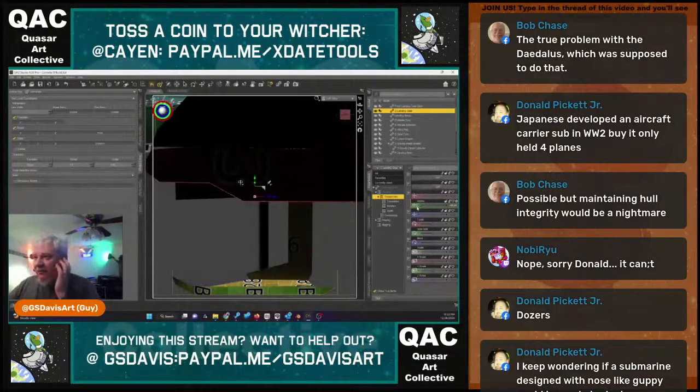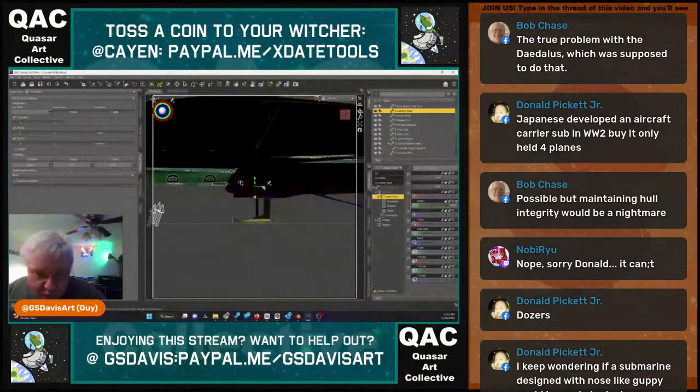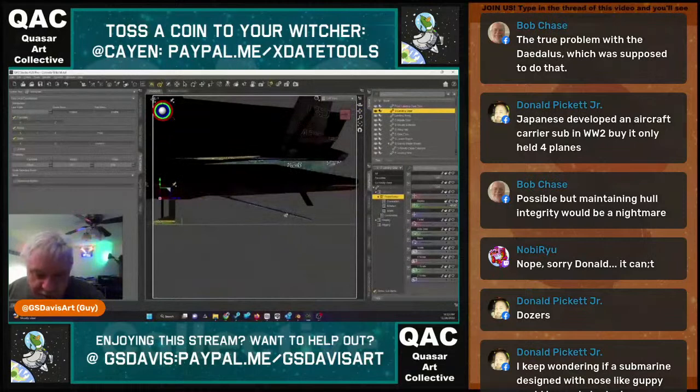Junk. Yeah. Exactly. The Daedalus was supposed to do that, but it had those doors that closed. Well, and the Daedalus was huge. I mean, that's the other thing, is that much mass underwater requires an awful lot of that much. It requires